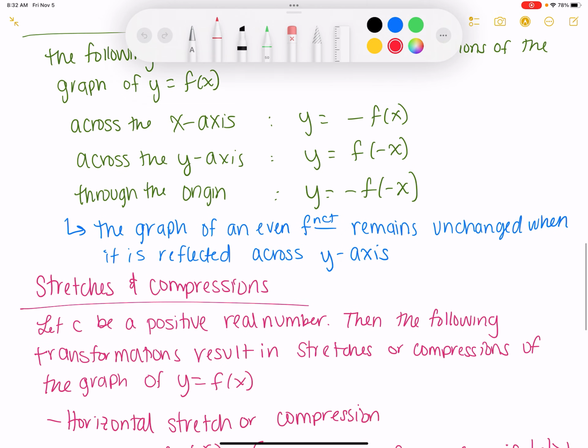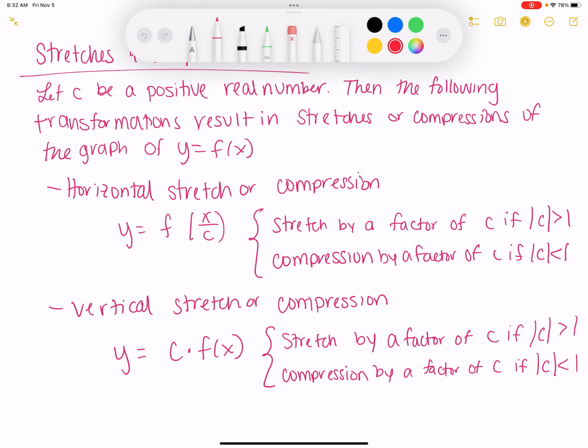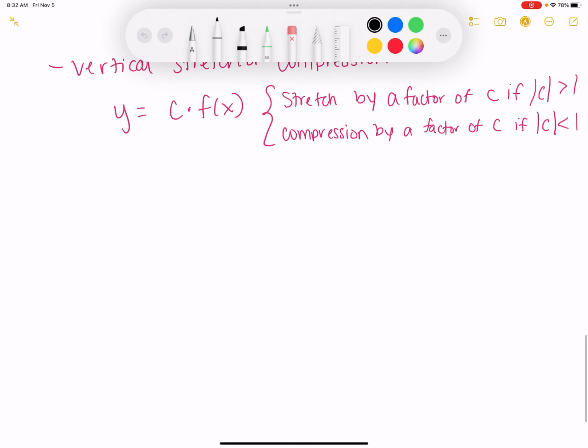Stretch or compression, again, I don't care if it's horizontal or vertical, I just want to know if it's stretched or compressed. So, we're going to do some examples. Number 2,